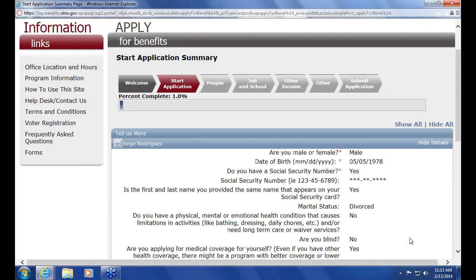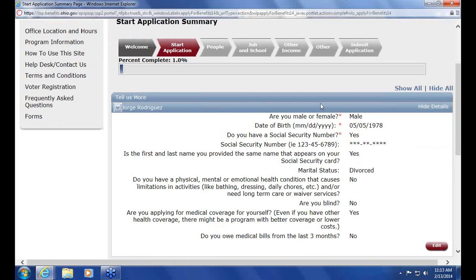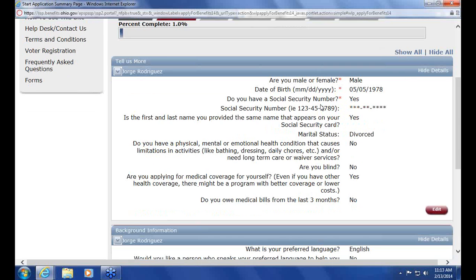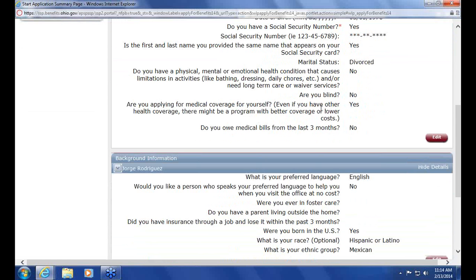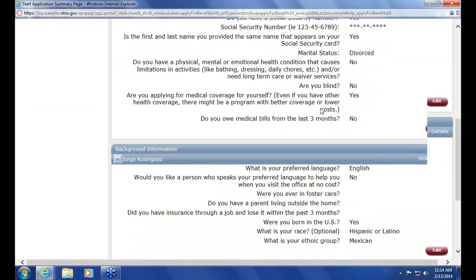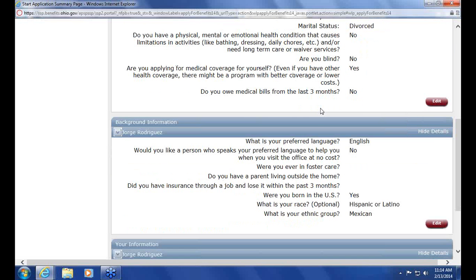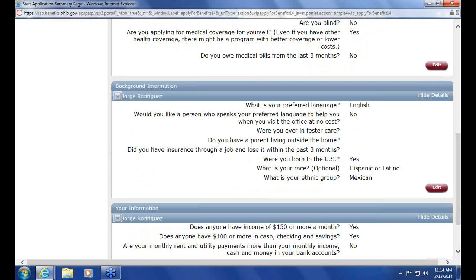All right, anytime you see a blue screen like this, this is a review page. This is going to pop up. Sometimes it's confusing, but really all this is just to make sure that all the information is correct. It's a lot quicker and more efficient to review each of these after the sections rather than waiting till the end to go through the application.